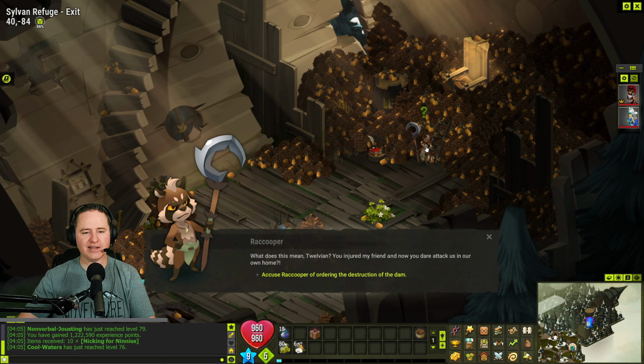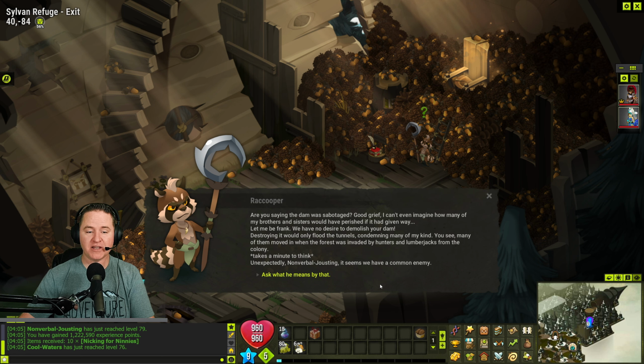All right, Rat Cooper, what do you got to say for yourself? What does this mean, 12ian? You injured my friend and now dare attack us in our own home? Accuse Rat Cooper of ordering the destruction of the dam. Are you saying the dam was sabotaged? Good grief. I can't even imagine how many of my brothers and sisters would have perished if it had given